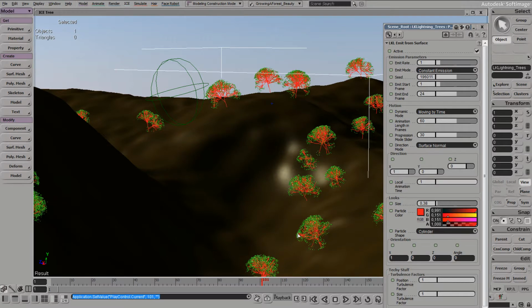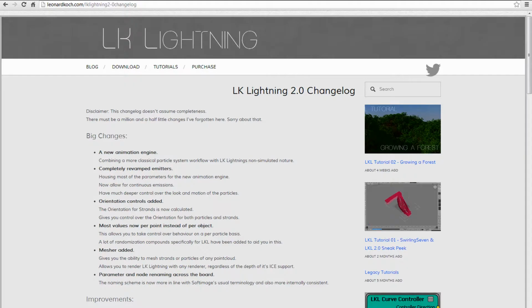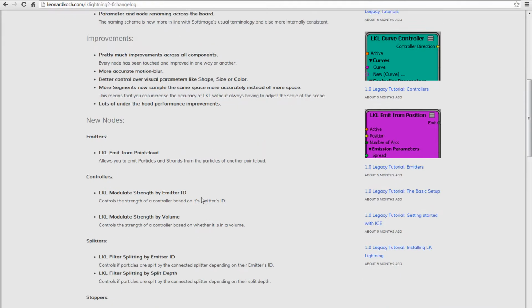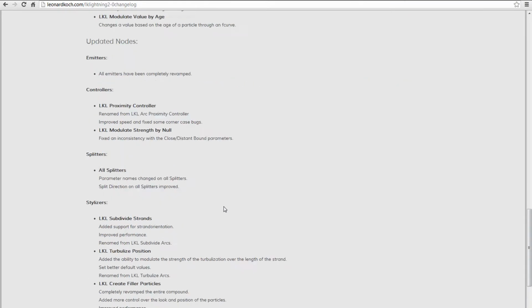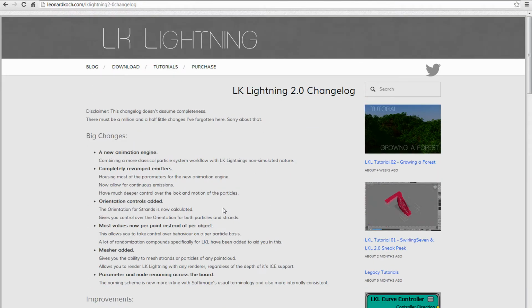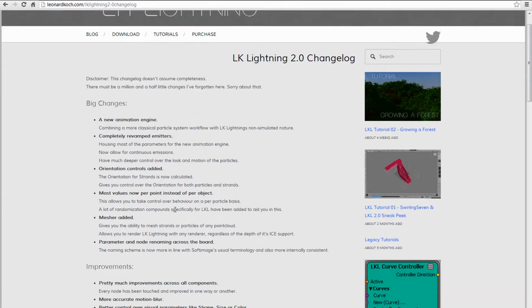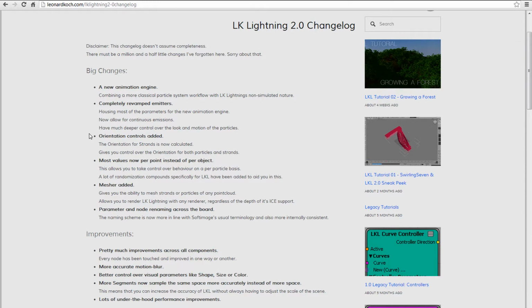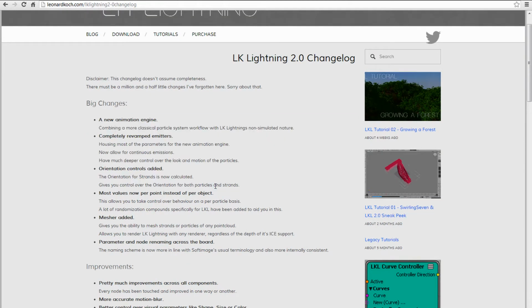2.0 is a very big update. We have here the changelog, which you can read through. It's not completely comprehensive. There must be some changes that slipped through my fingers, but the big ones should be here. And one of the new ones is a new animation engine, and that basically